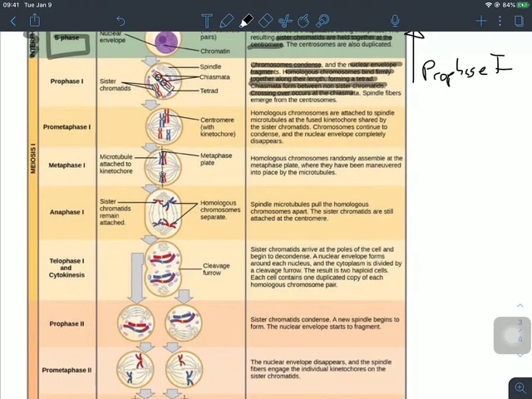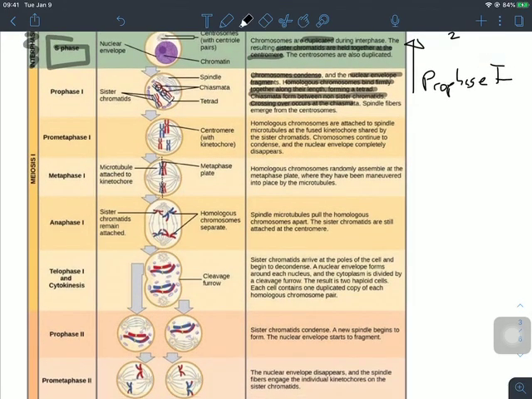In prometaphase 1, you've got homologous chromosomes attaching to the microtubules or the spindle fibers at the kinetochores. Then in metaphase 1, the homologous chromosomes will randomly line up on each side of the plate. Maybe mom's on one side, dad's on the other, or a mishmash, depending on how many chromosomes you have. Once they're all lined up at the metaphase plate, anaphase then splits up